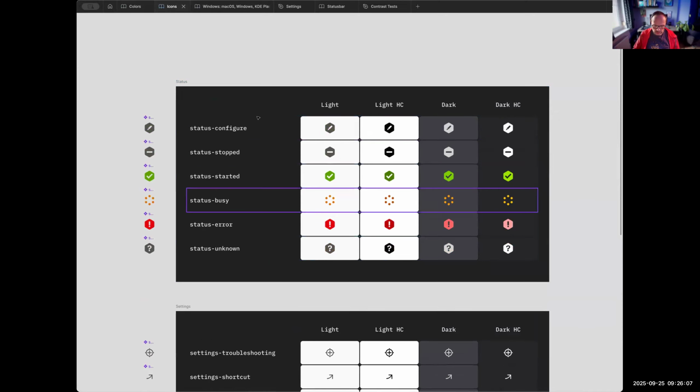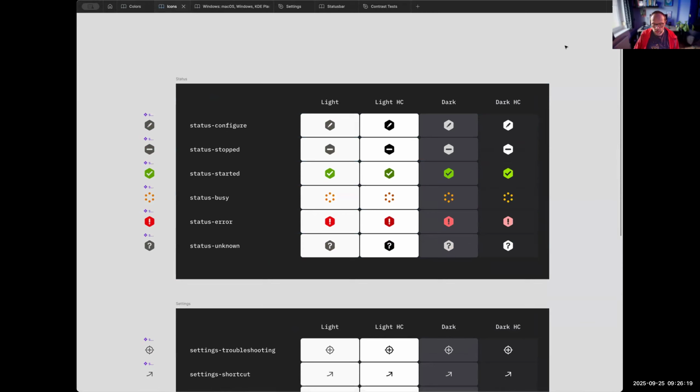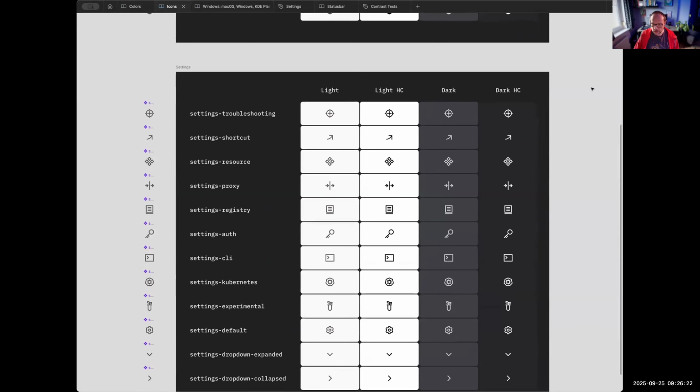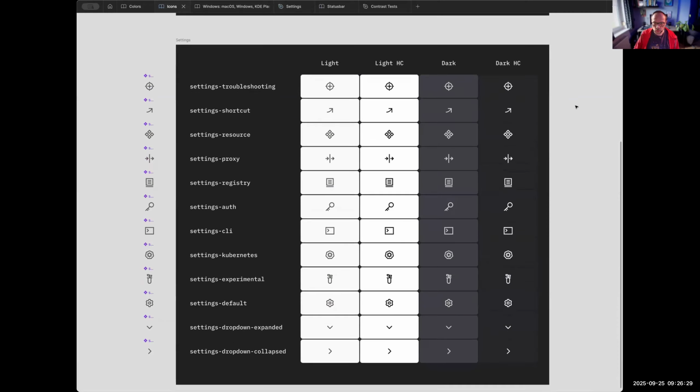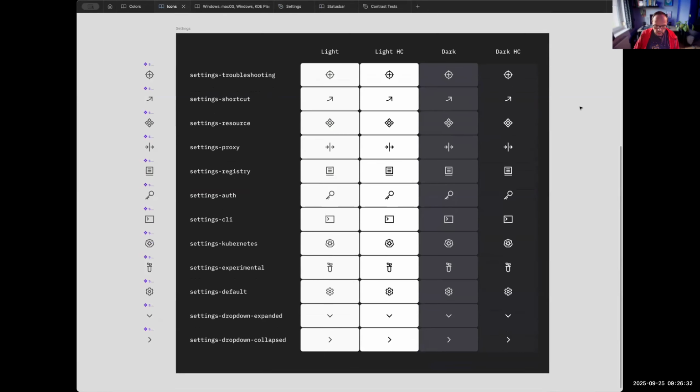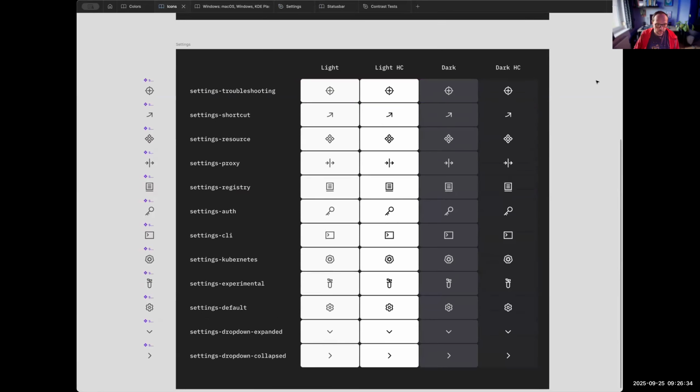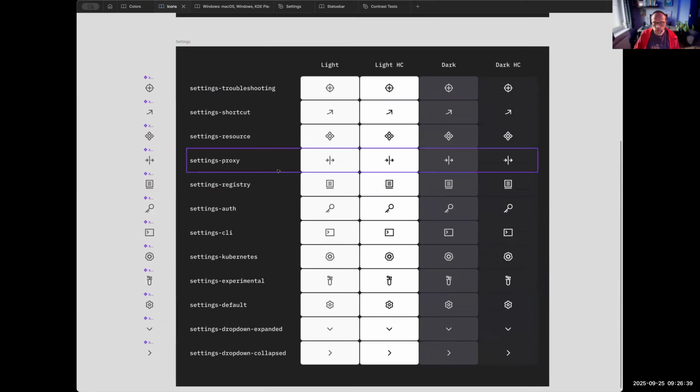And this is now the tray icons for the Mac and so on, the new symbols for status icons that will be used not just in the tray menu, but also in other places in the application. We also have new settings icons that I will show you shortly when I am here at this settings file. But these are the new icons that we have there. Let's see how it goes. These icons are defined in this file and shared across all the files. So whenever we change the icon here, it changes everywhere in